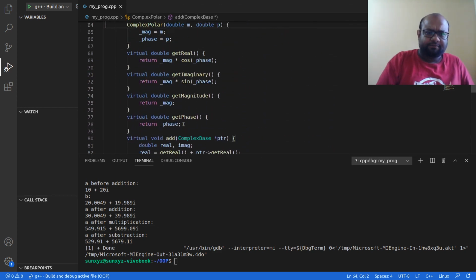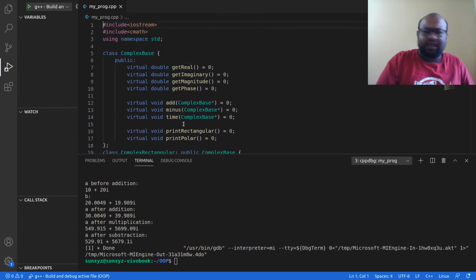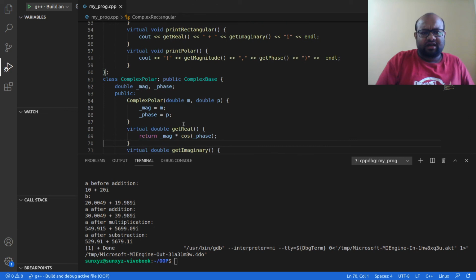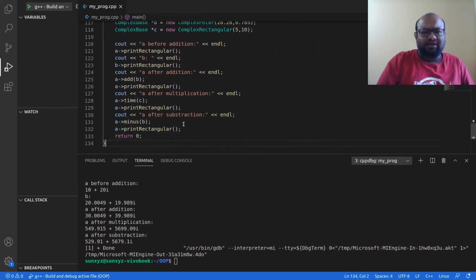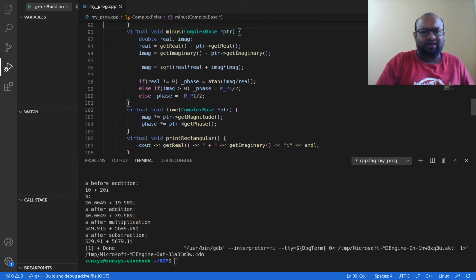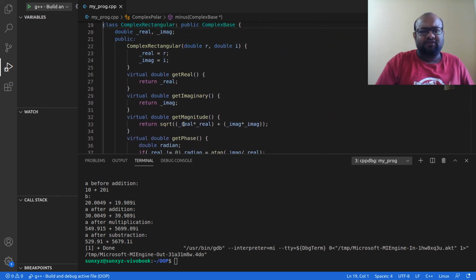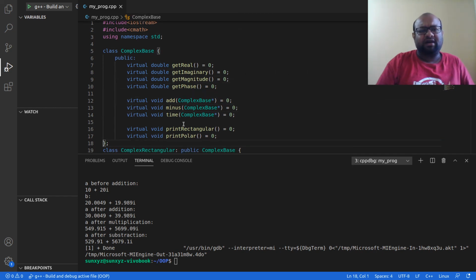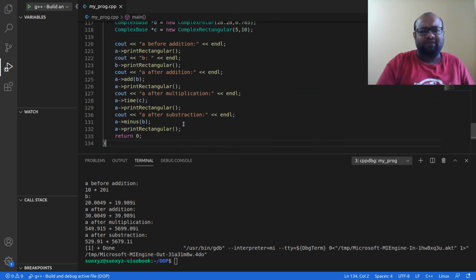In the next video, I am going to do one thing. All of these are in one single file, right? So this is a bit chaotic in the sense there is lots of code and everything is so cluttered. So in the next video, I'm going to organize these 3 different classes into different files, and I'm going to have one driver file where I'm going to write this main function.